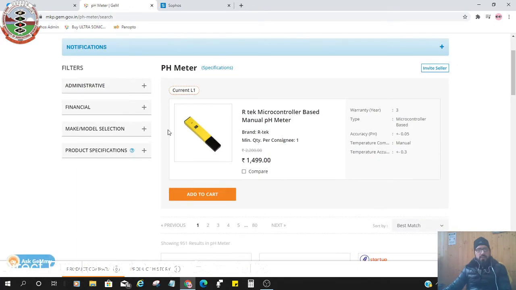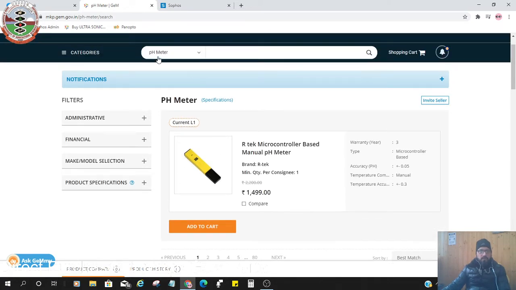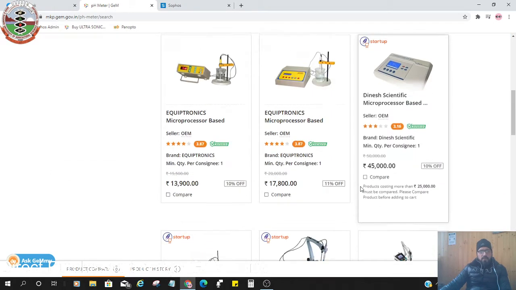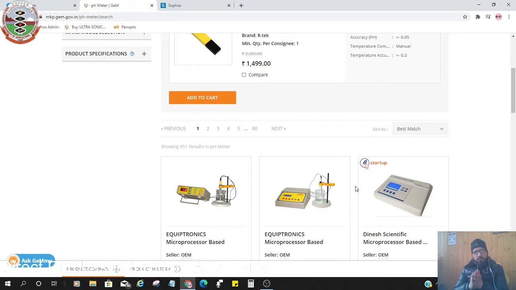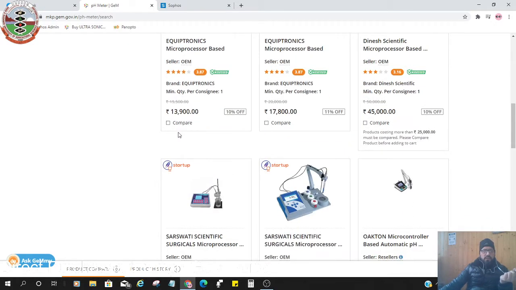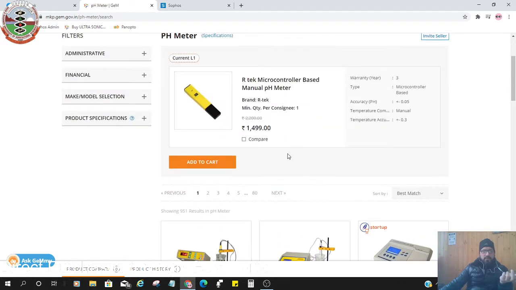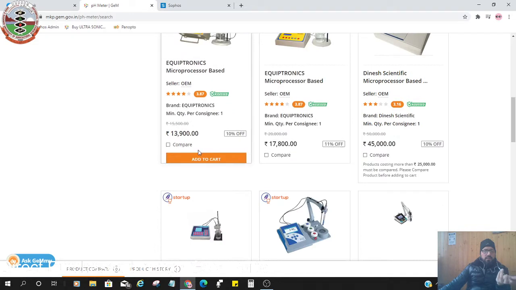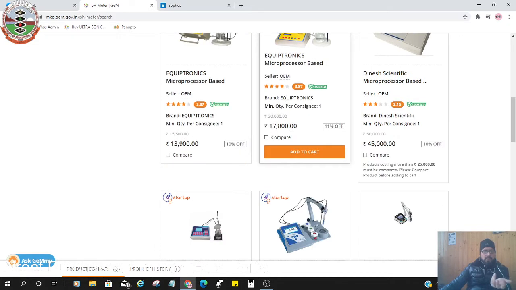Now you can see the GeM portal has created the current L1, the lowest bidder, for this product, for pH meter, for us. The cost of the product we are looking for is below 25,000. You can see it is around 14,999, it is 13,900, it is 17,800.